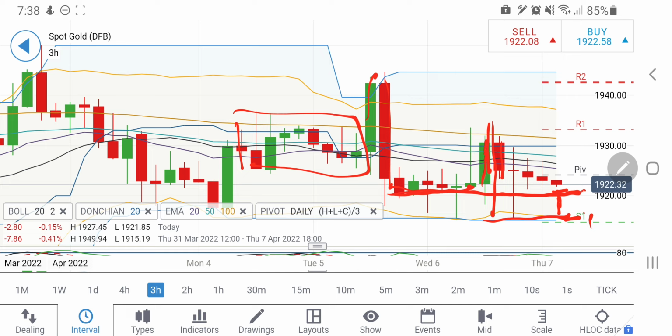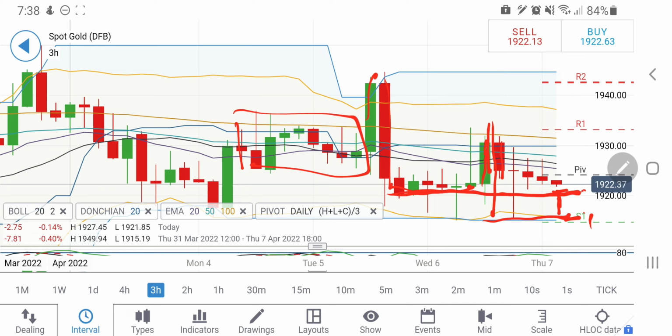However, it appears to be a largely red day. It may try to break on the downside, but still don't take a trade between the 1920 and 1928 zone. Below 1920, still till 1915 it can reverse any point of time. So take your trades accordingly.